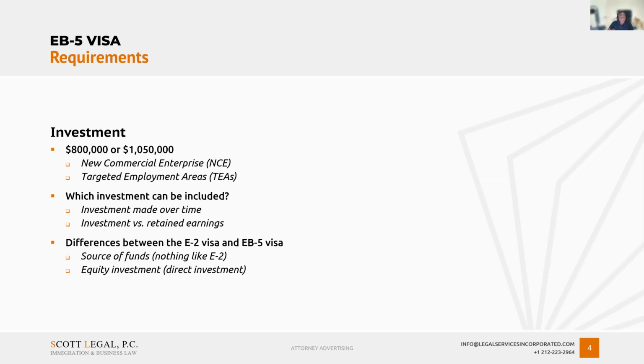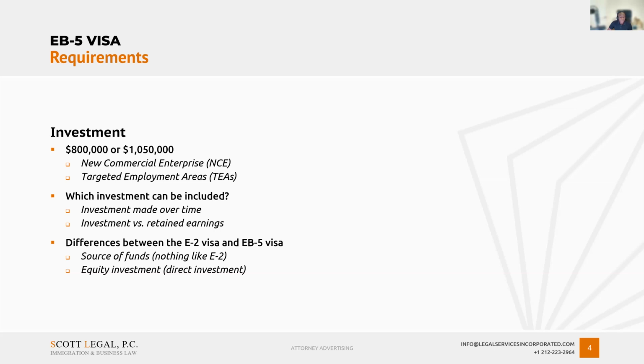So you can't use money that you pay on administrative fees. If you pay the administrative fee to the regional center or you pay legal fees, the $800,000 can't go towards that. It has to go towards actually creating jobs, right? So that's very important. And the other thing to keep in mind is that it has to be money that is invested, money that was in your personal possession and then invested into the